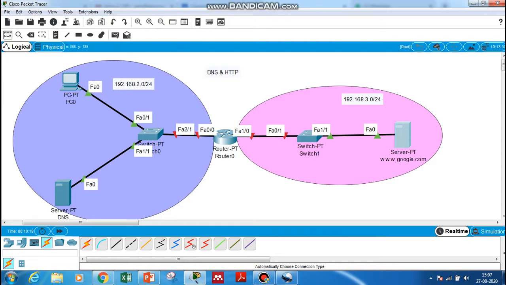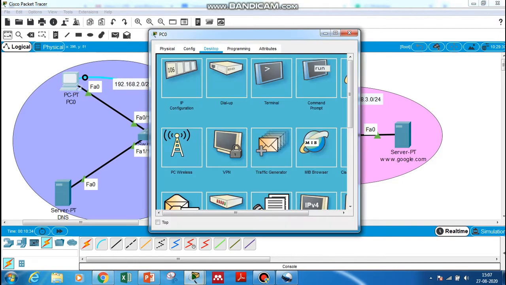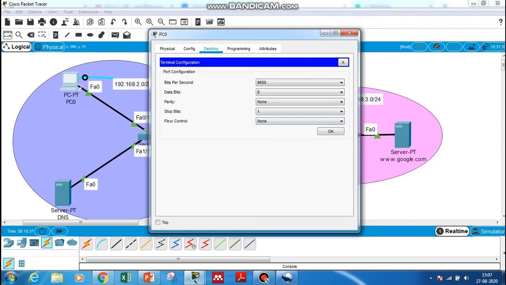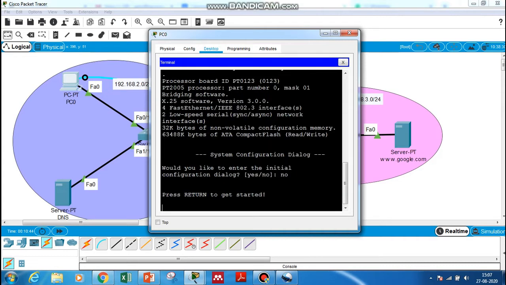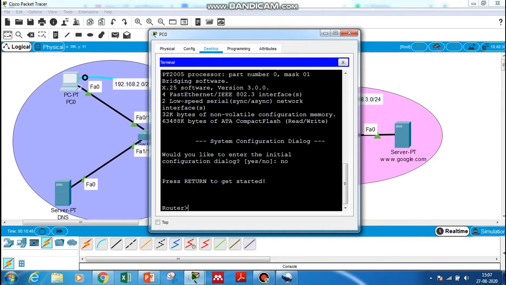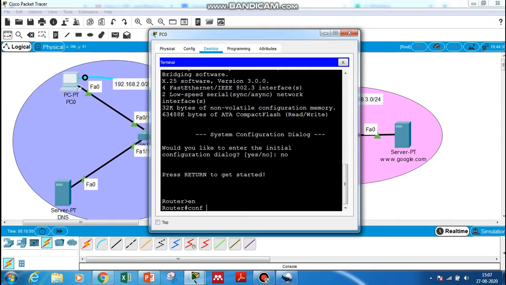Now we have to assign IP addresses for the gateway, and also we should put the port on. Initially it is red, we should put the port on. To do that, let me connect the PC to the router console cable and click the PC terminal. Let all the configuration remain the same. OK. So it will ask, do you like to enter the initial configuration dialog? Give a no. Now we are in the user execution mode of the router. So give en, config t.